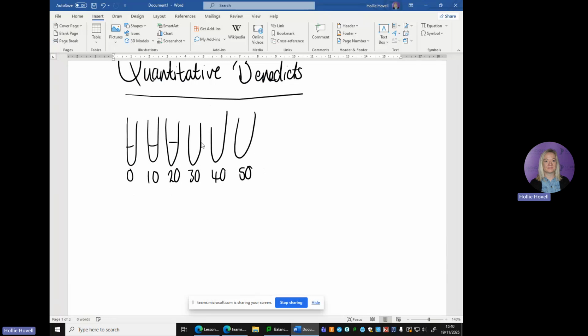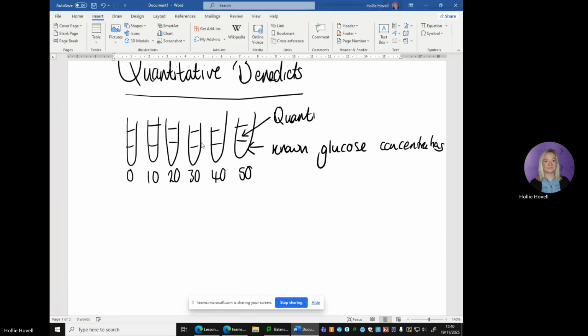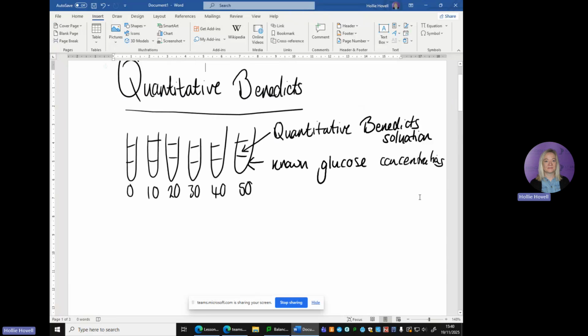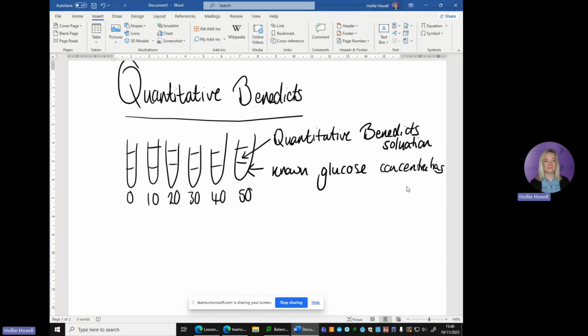And into those, we added our known glucose concentrations, and we added the quantitative Benedict's solution, which is different to the qualitative one. You get a different colour change. Okay, so what you would then do, just cross that out,